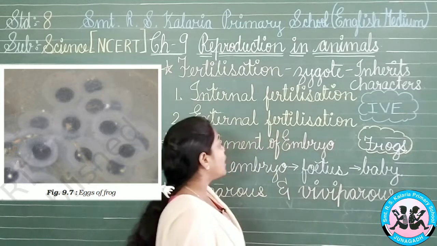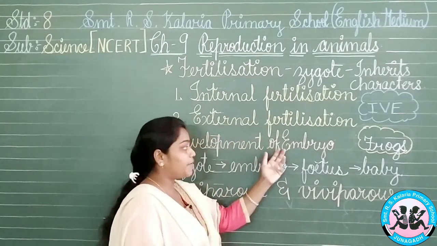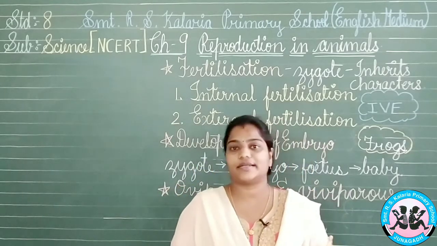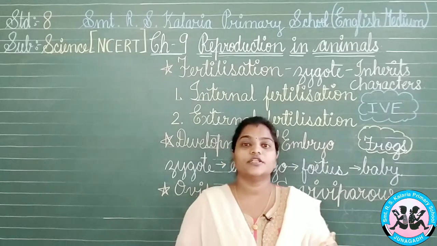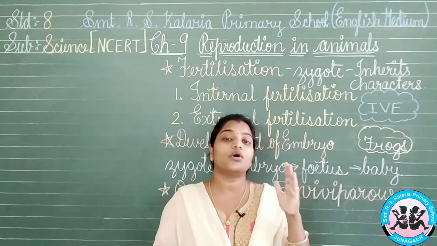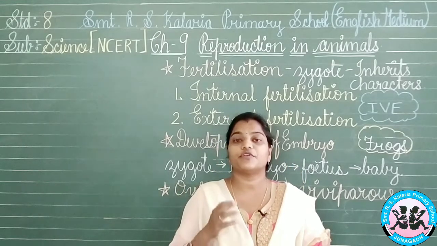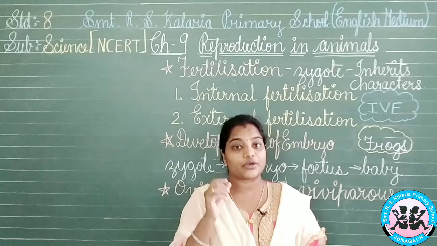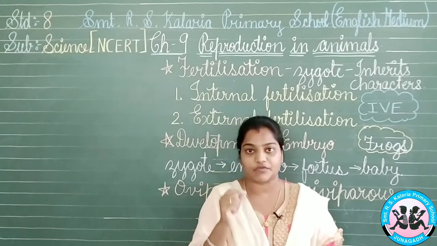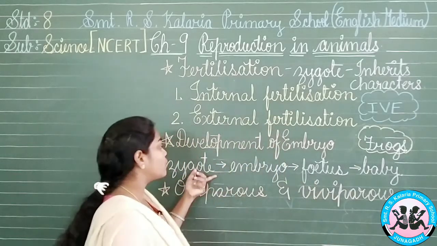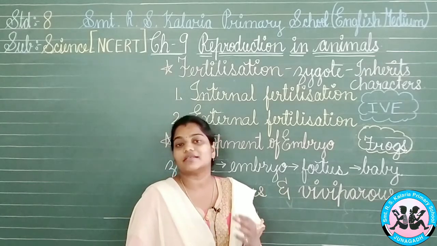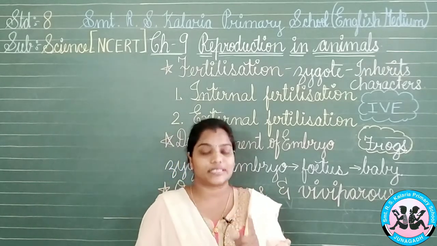Now, here we have another thing, the development of the embryo. What is this embryo? First of all, let us have a small look at the embryo. As we know, the fusion of the sperm and the egg cell, that is the ova, forms the zygote. So, the zygote is the first stage of the development of any human being or animal. Now, after the zygote, what will happen? There will be some development and division of the cells in the zygote. See, the zygote is a single cell.